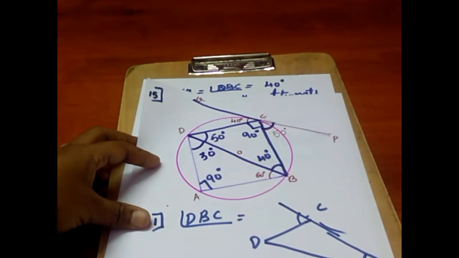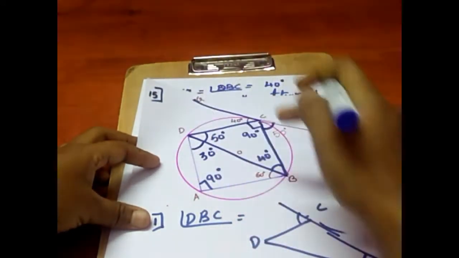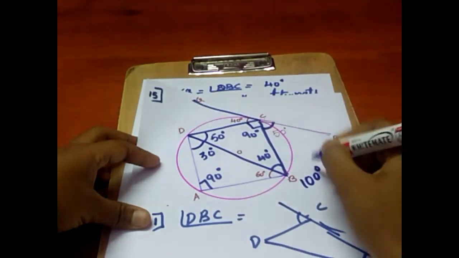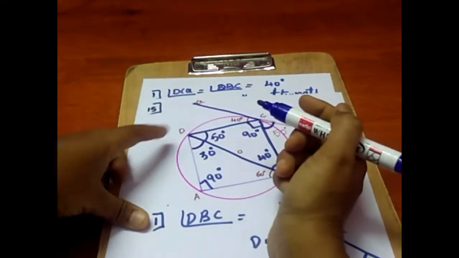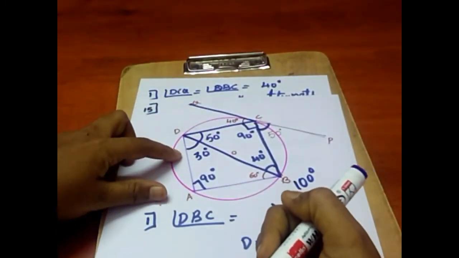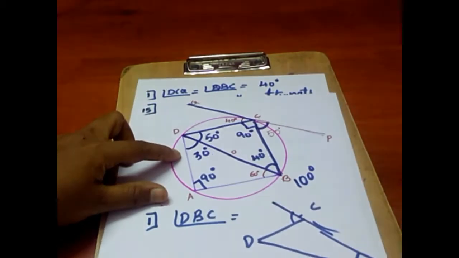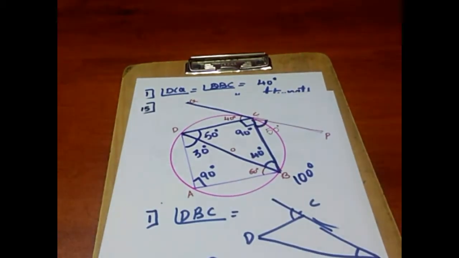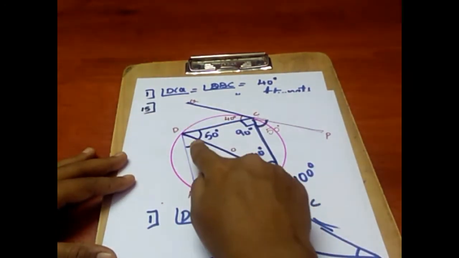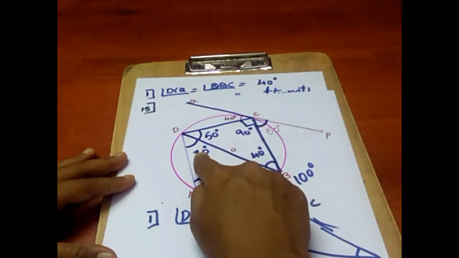Or you can prove it in the other way. ABCD is a cyclic quadrilateral. Angle B is 60 plus 40, that is 100. So opposite angles are supplementary. Part of angle D is 50, 100 plus 50. So the remaining angle is equal to 30 degrees. So with any one of the methods, you just prove it and write down that the measure of angle ADB is equal to 30 degrees. I repeat, children, one way is to consider triangle ABD. By applying the angle sum property, this angle will be equal to 30 degrees.